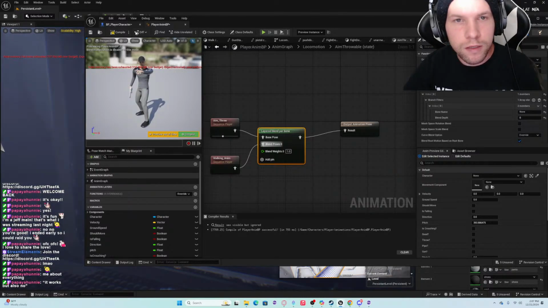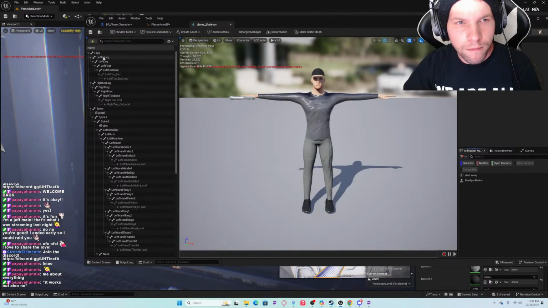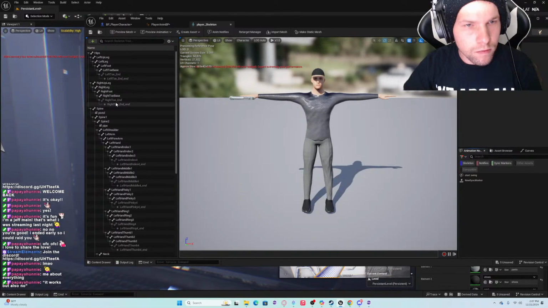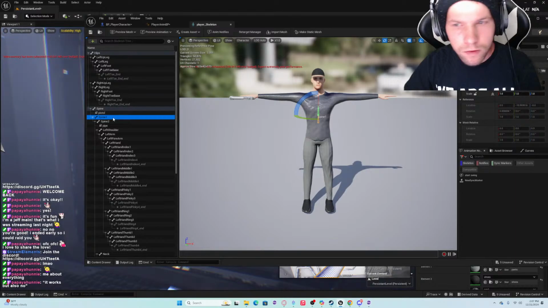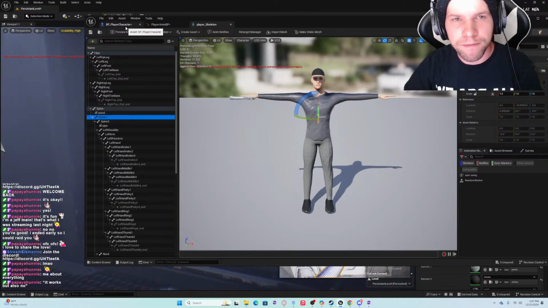Bone name, let's get the skeleton. Do spine. We'll do spine 1. Yeah.